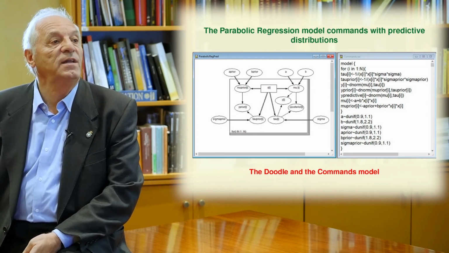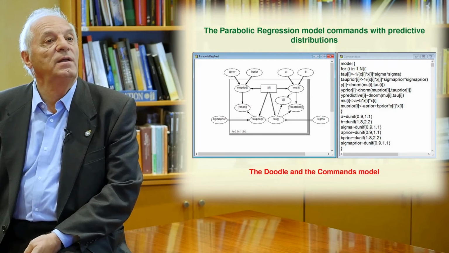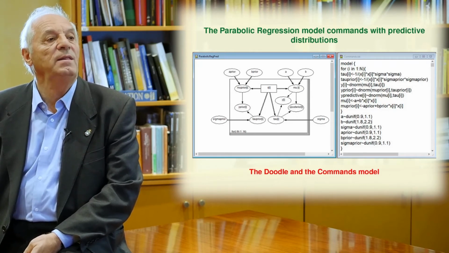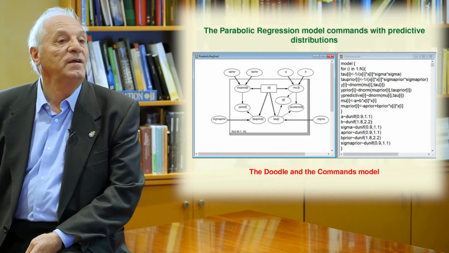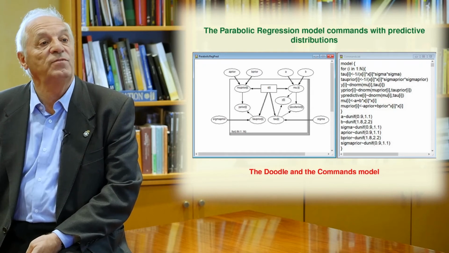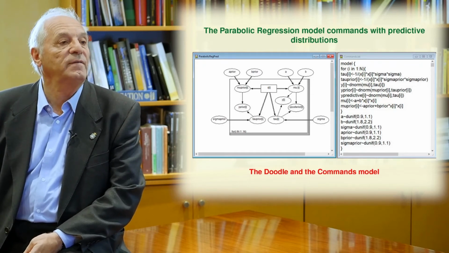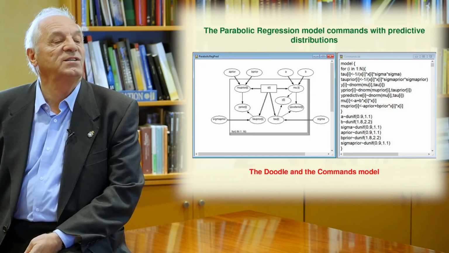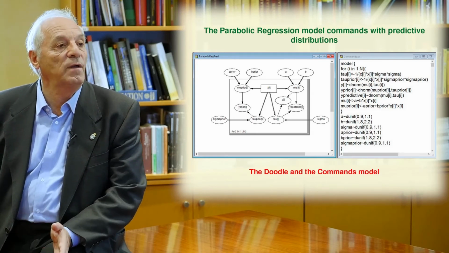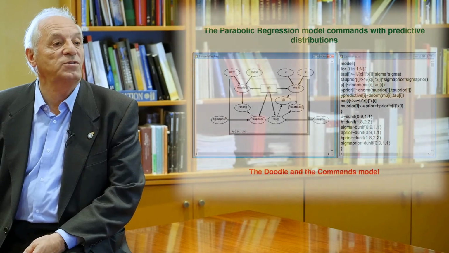It is interesting that using one of the menu options, the pretty print, we can move from the graph to the list of commands, so that OpenBugs generates the list of commands on the right from the plot on the left. In the plot on the left, you can see that it has two branches, one for the prior predictive and another for the posterior predictive as before.